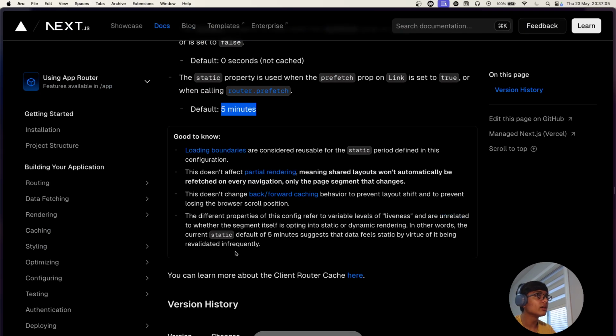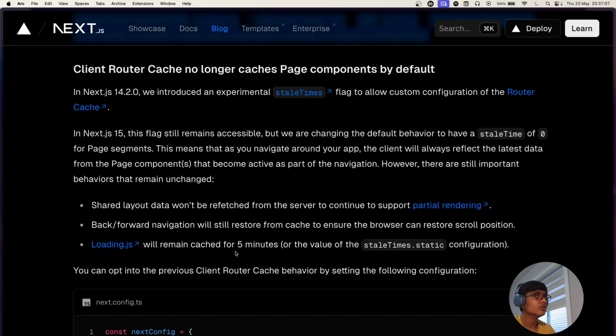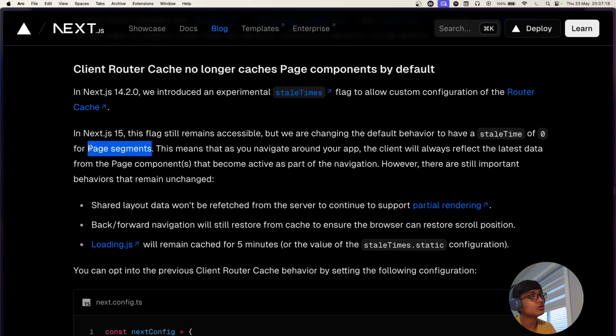I actually didn't look at that before. That's something I might be using more now that I've looked at those talks. In Next.js 15, this flag still remains accessible, but we're changing the default behavior to have a stale time of 0 for page segments. I think they had a stale time for page segments, and they are changing it back to no